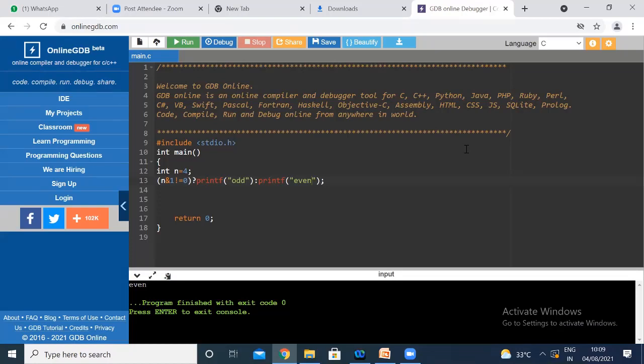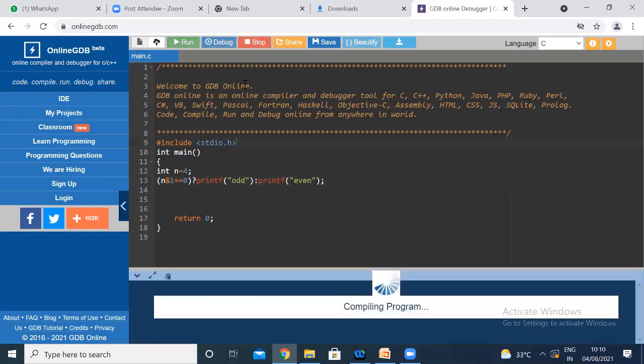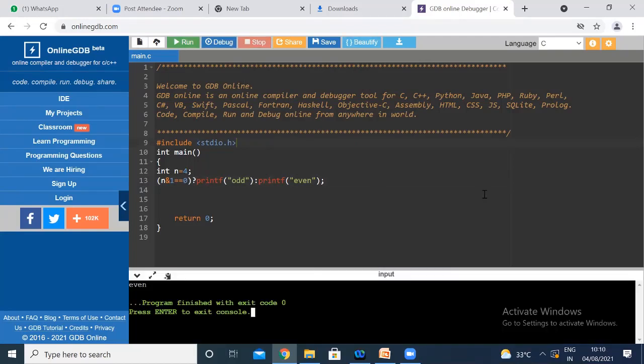When n and 1 is not equal to 0, it's even. If it is equal to 0, again I'll run this. Then also it is getting even.